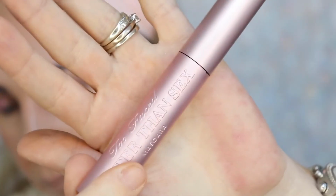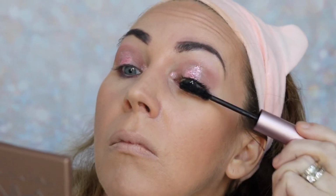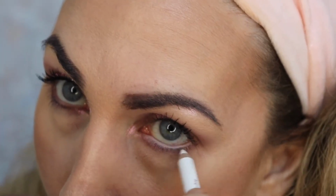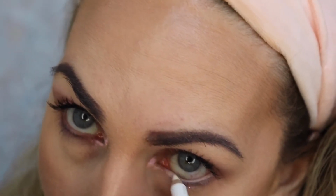And then I'm just going to be using Too Faced Better Than Sex mascara today, just to put on first before I use some lashes, because I'm going to be using lashes today. It does look really nice and romantic, so I'm hoping people will like this Valentine's look. I know pink is an obvious choice, but I will be doing an evening look as well later on during the week. So I'm going to be using this MUA white kohl pencil just to go on the inside of my waterline,